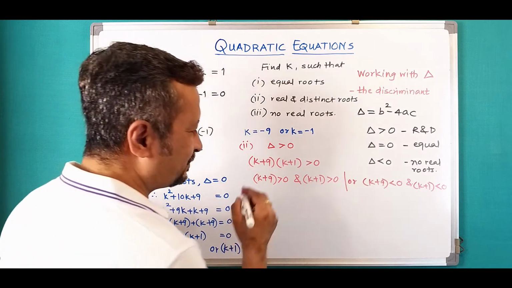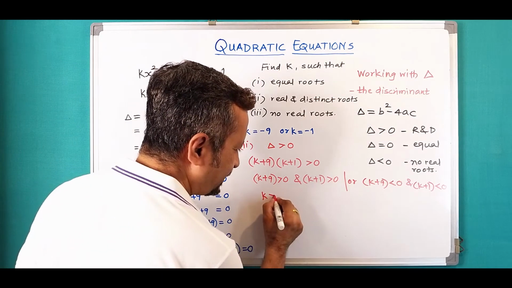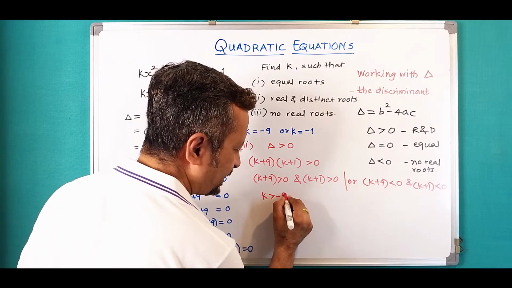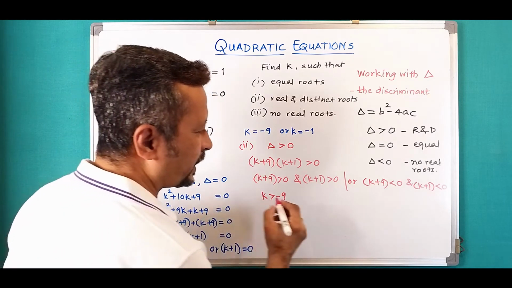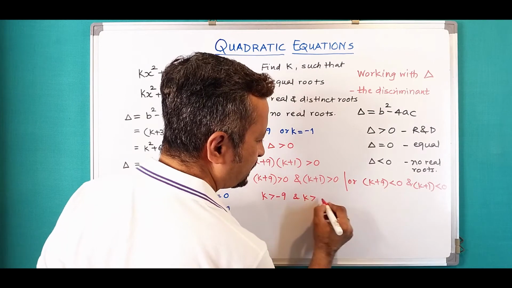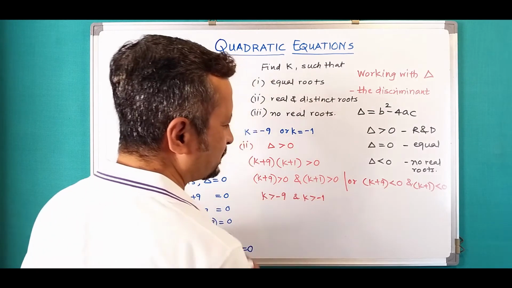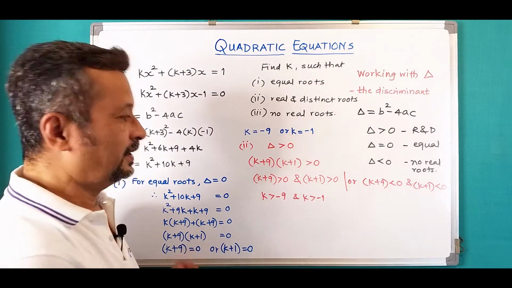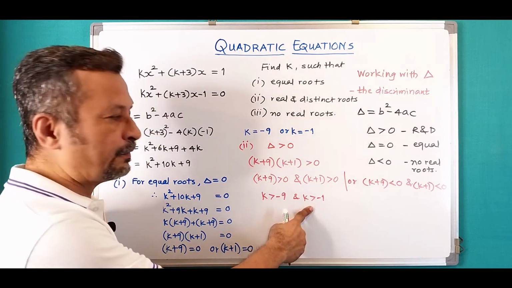Now what does it mean? So k greater than minus 9 and k greater than minus 1, both these conditions have to be